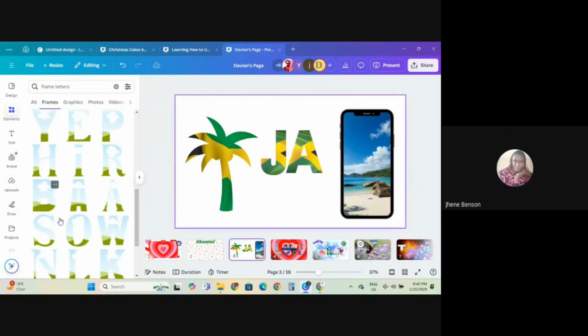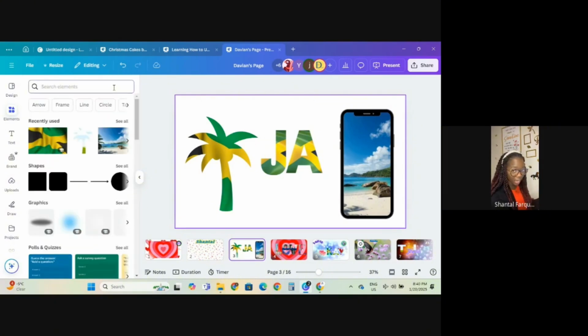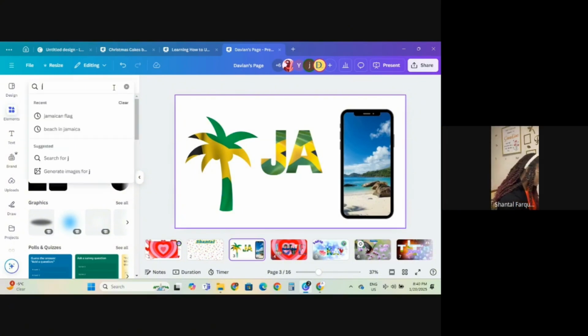When I click on JA, to get the picture of the flag on the letters, I'm going to click X to turn this off because I'm no longer using frame letters. So I take that off, clear it again. I don't come out of elements. I'm still in elements. Everything I do is in elements. Now I'm going to type Jamaican flag. So I type Jamaican flag,